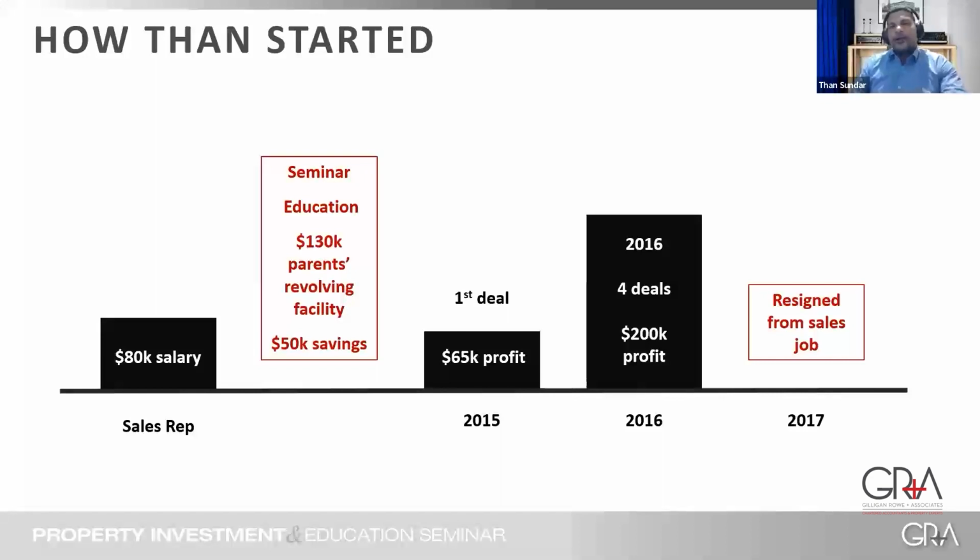Yes, I can also do it, and it can be done. So that made me more hungry and wanting to do better. So I went out there, and while working full time, I set a goal of one property trade per quarter, and the next year I did 4 deals. Then in 2017 I resigned from that job and got more seriously into trading property.